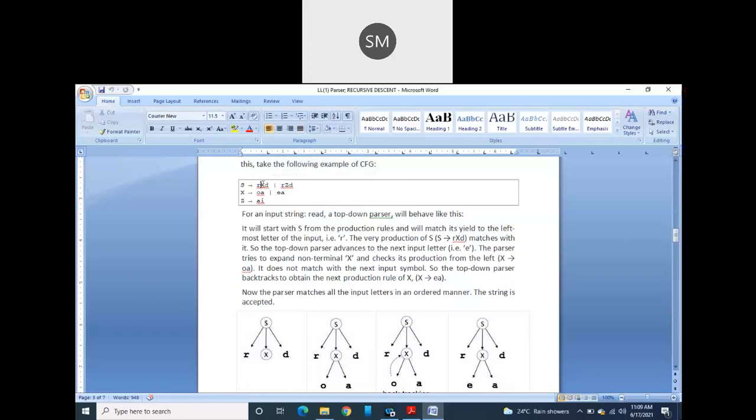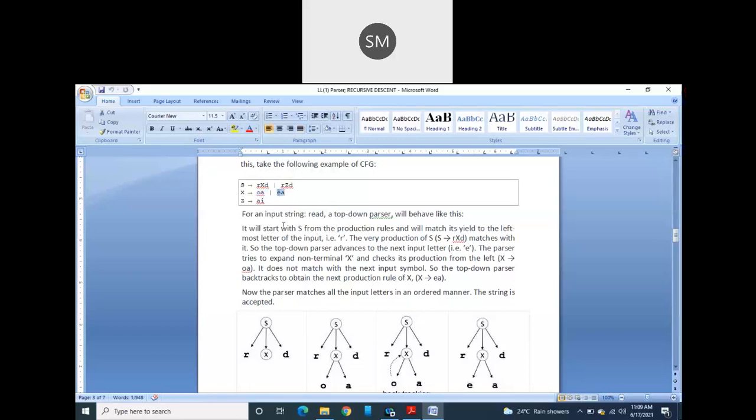But the next question is whether you should take this X or this capital Z. The solution is to look into this capital X, whether it is going to help you or not. The first one is OA, but here it is EA, so it is not required. You will remove this, you will not take this.